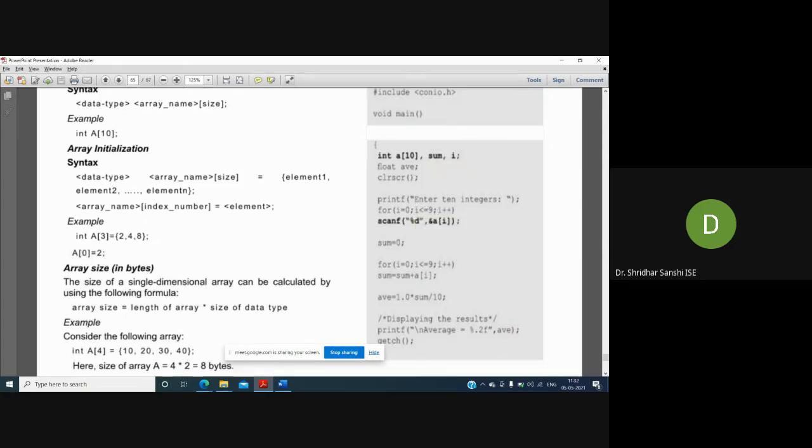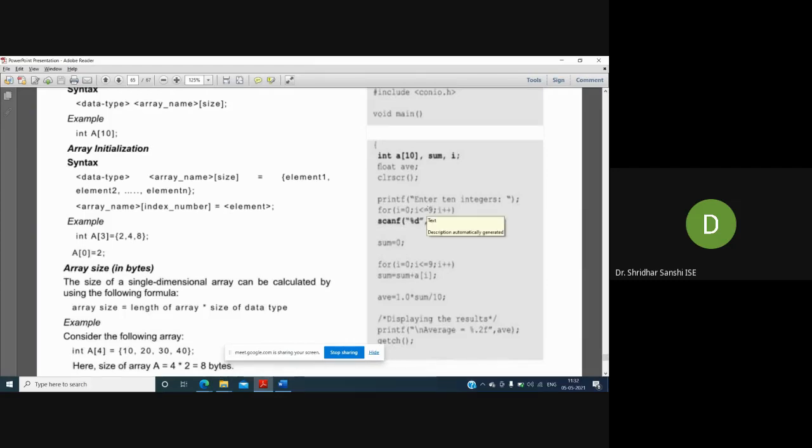What is this condition? I need to read the array elements up to 10, because the array size is only 10. I cannot go beyond that. So the condition I'm checking is whether i is less than or equal to 9, because 0 to 9 is 10 elements.